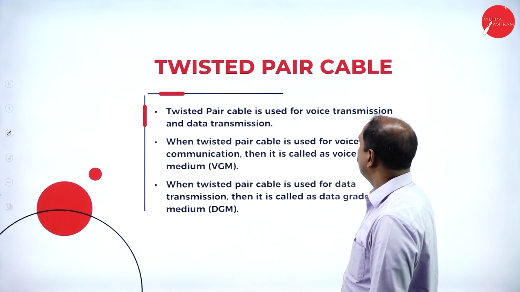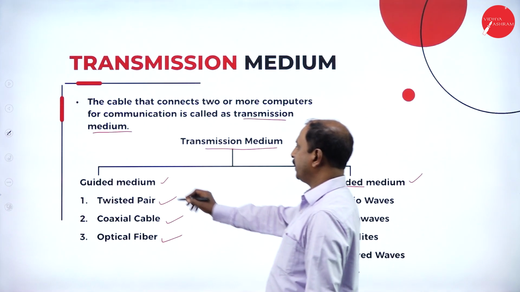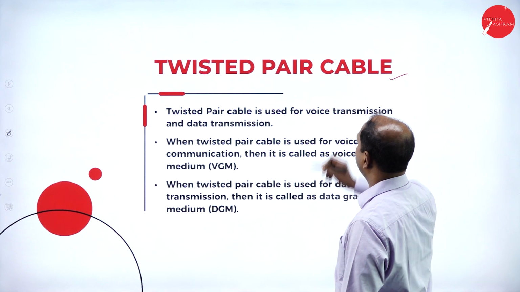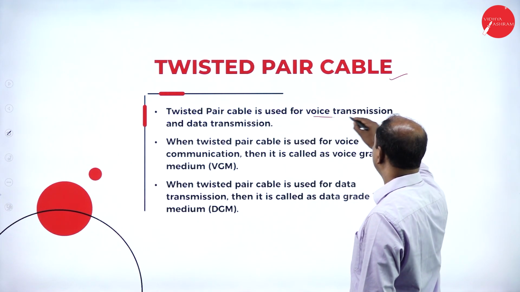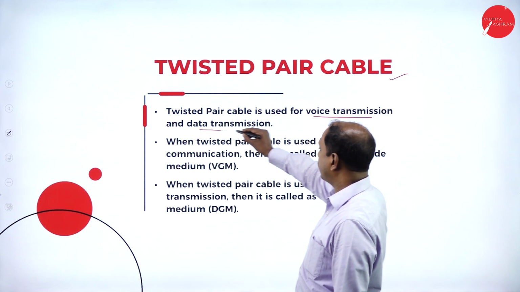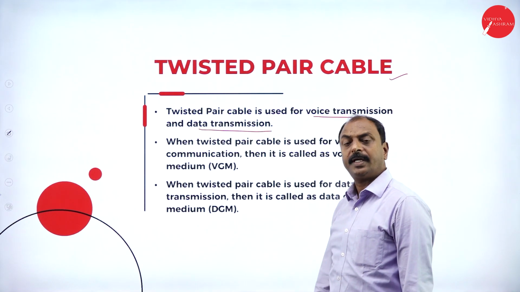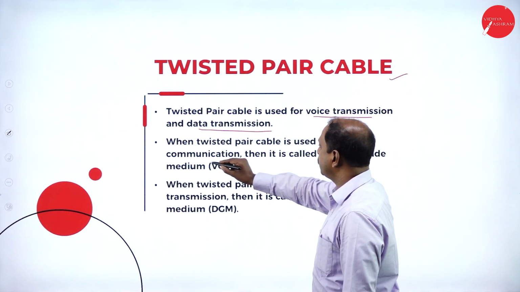Now let us see what is twisted pair cable. One of the cables under guided medium is twisted pair cable. So what is twisted pair cable? This cable is used for voice transmission and data transmission. Twisted pair cable can be used for both data and voice transmission. When it is used for voice communication,